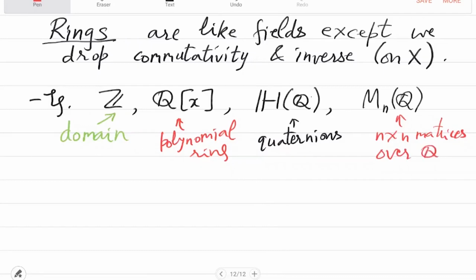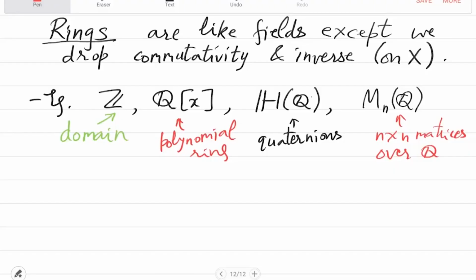So two n by n matrices you can add, and addition will have all the properties. But when you multiply, the multiplication first of all is non-commutative, and usually many matrices don't have inverse. Right? There are singular matrices, and in some sense, this matrix algebra or matrix ring covers all other rings. Any other ring you can essentially write down as a matrix algebra. So this is the worst that it gets, at least in the examples that you will see in the course.